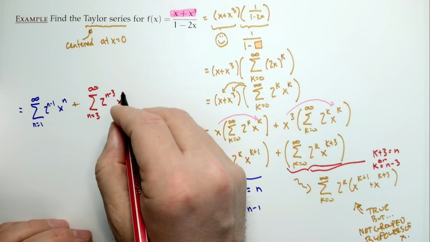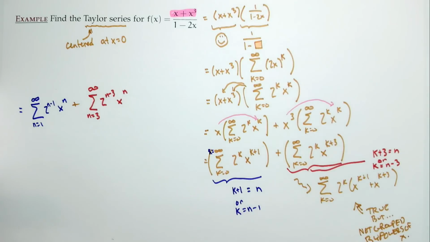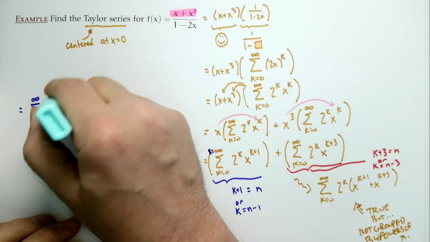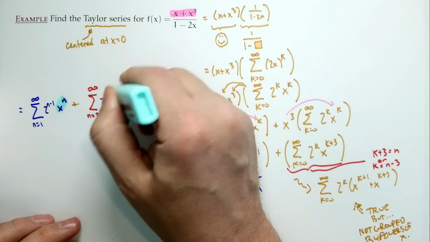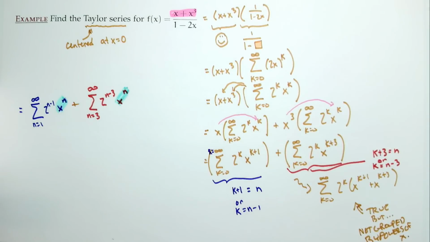All right. Nice. Good. So now, great news. In fact, fantastic news. Because one of our goals was, we said, look, we really want to get all the powers of n together. And we're getting closer. See, because that's x to the n, that's x to the n. They're now compatible. So we're like, perfect. Pull them together. Except,